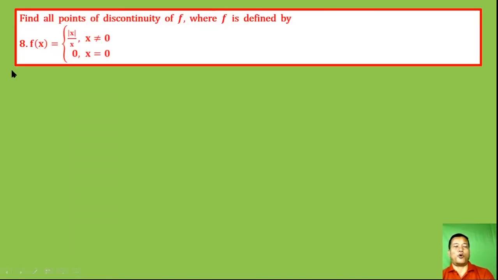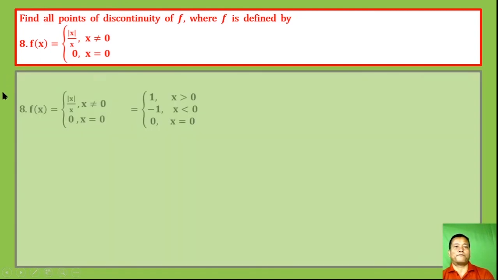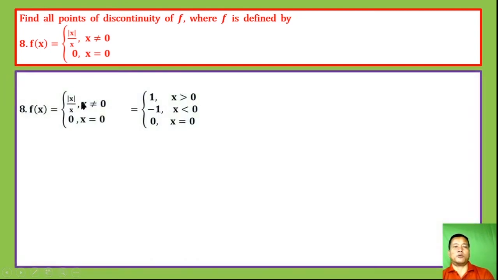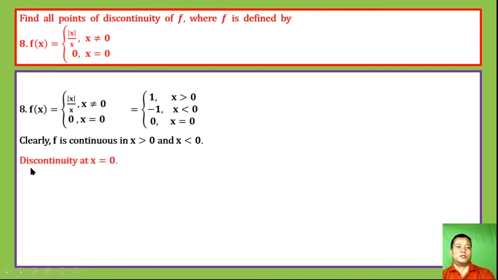Question number 8. See, we have to find the point of discontinuity of the given modulus function. Clearly f is continuous for x greater than 0 and for x less than 0, since the function takes positive and negative real numbers, so it is continuous there. The only remaining point is 0. We have to check discontinuity at x equal to 0, so test continuity at 0. The left hand limit at 0